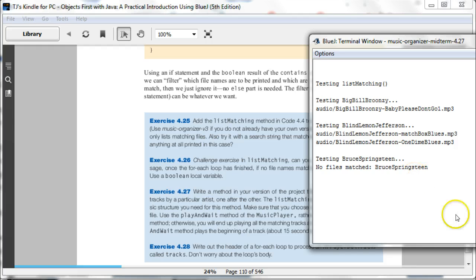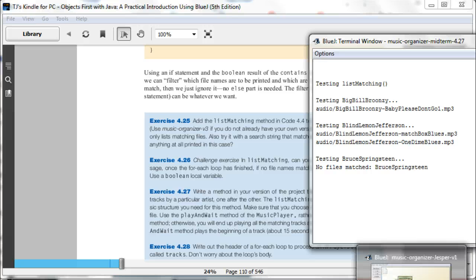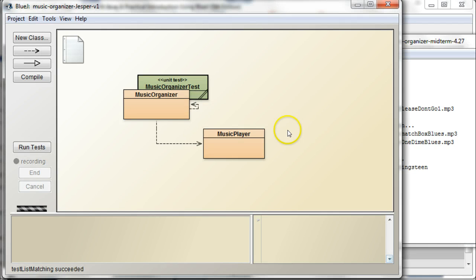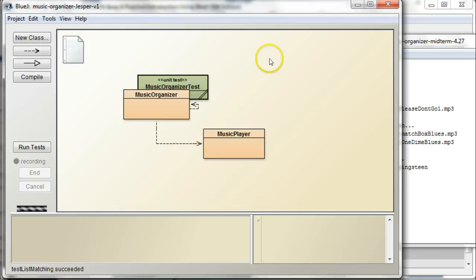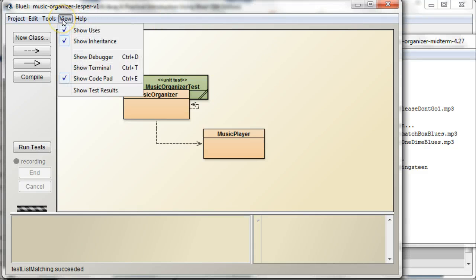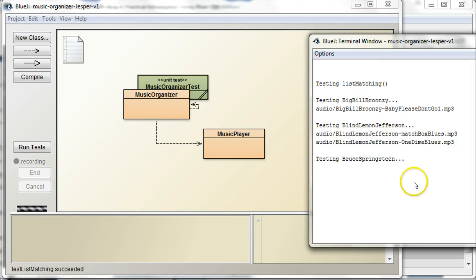And just to show you what's happening with yours right now, and again, I'm going to send you this test file. For yours, when you say test list matching, what happens? Sometimes that terminal doesn't show up right away. You have to hit show terminal or something like that. But see, what happens is these are good, but when I say testing Bruce Springsteen, there's no message saying that there wasn't a match. Okay, so you want to do that,